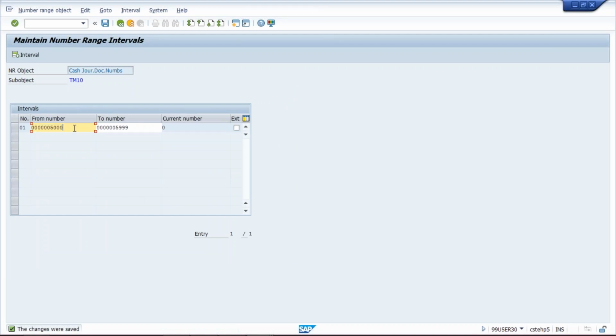In real time, what is happening, this number range will not be this small because transactions are taking place more and more in numbers. Here the gap is of 1000 only. There it will be lakhs, or maybe crores. So those numbers are not going to be consumed within a few years. It will take 100 years also to get consumed. Okay, so the number range I have given here.